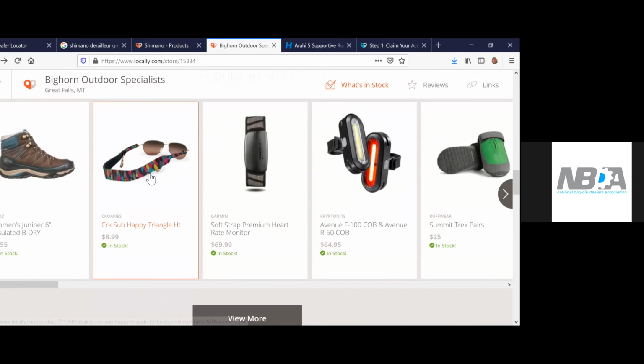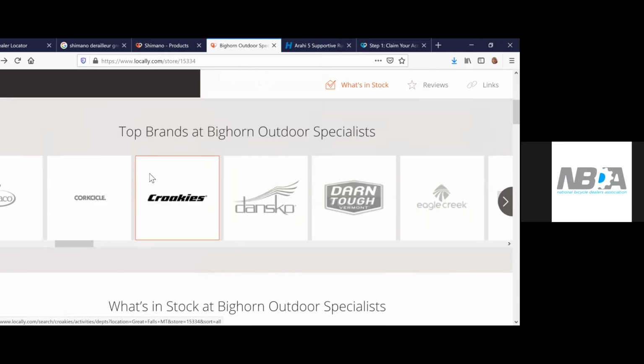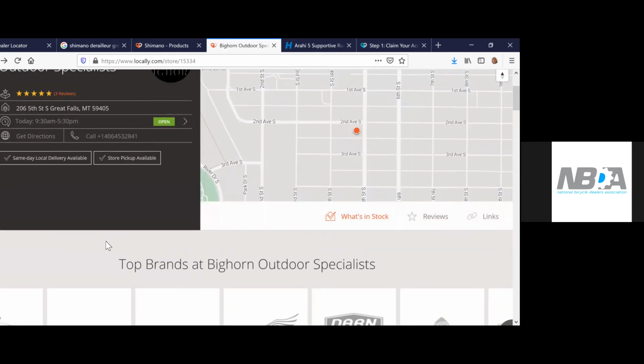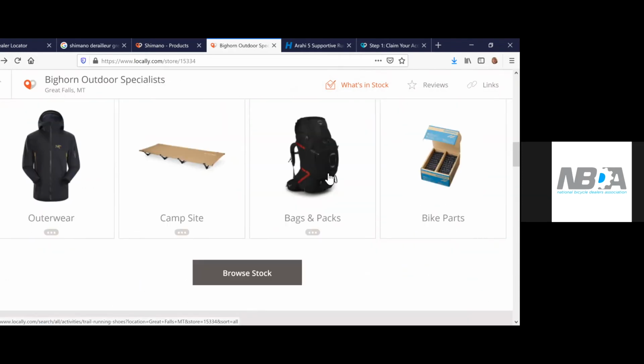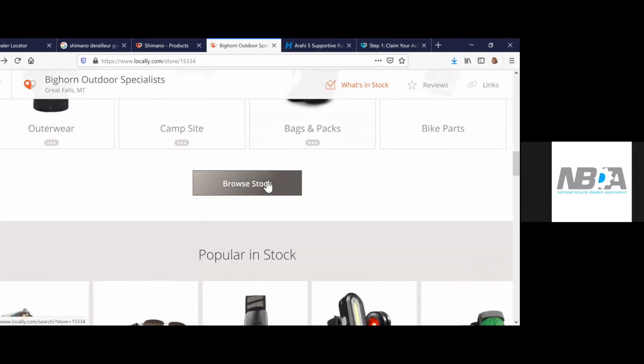In here, a shopper can go in and see the inventory that's available and shop Bighorn Outfitters from here. I also want to point out that any retailer who has claimed their profile, connected their stock, and enrolled in Buy It Locally accepting transactions has access to using this same catalog information for free as their own solution.